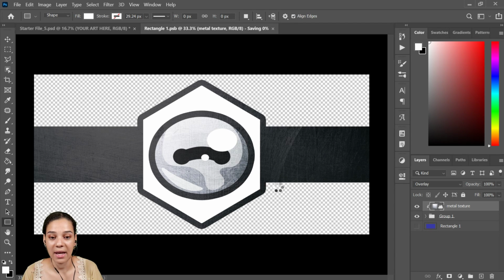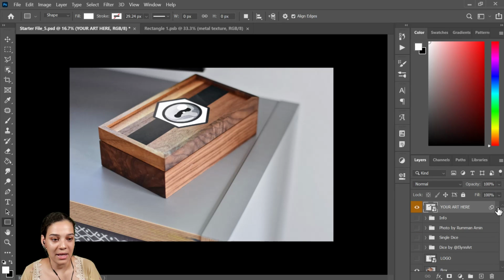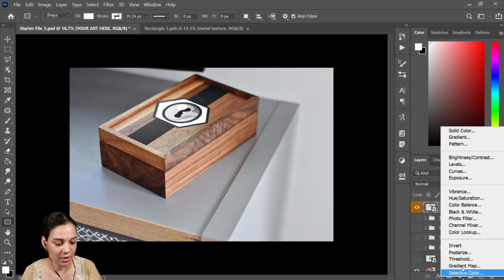Boom, let's let it save. And then we're gonna go take a look at it. And the last thing I'm gonna do is add a slight gradient to it, because in my file here, you'll see the box gets a little bit darker as it goes back into the image. So what I'm gonna do is hit my little adjustments layer thing here,